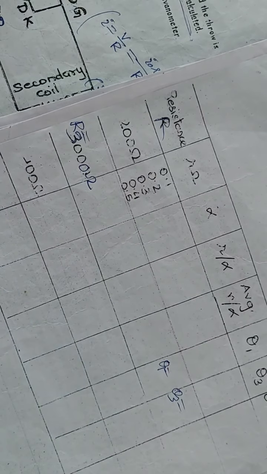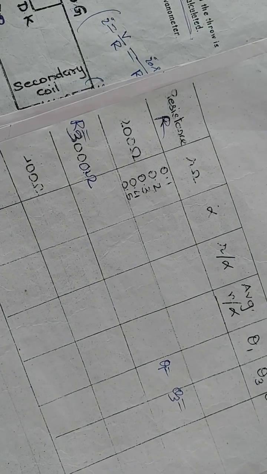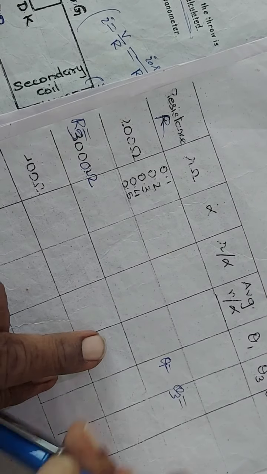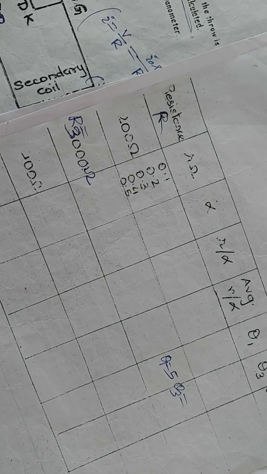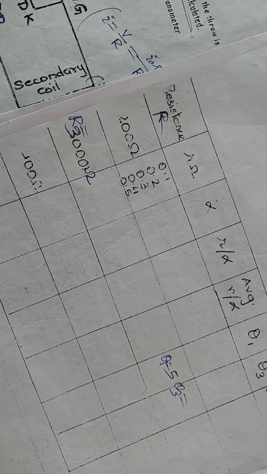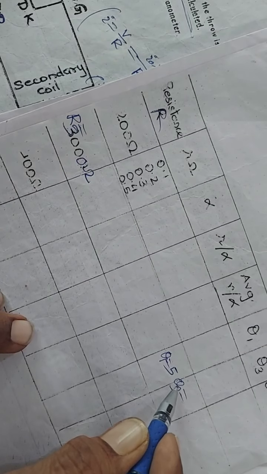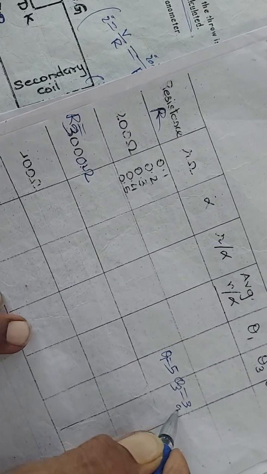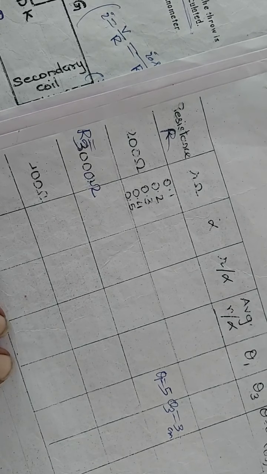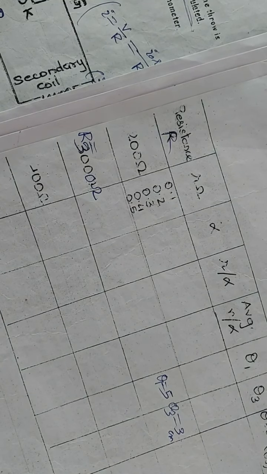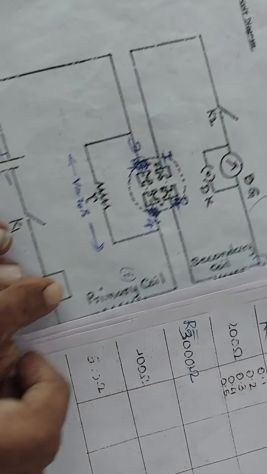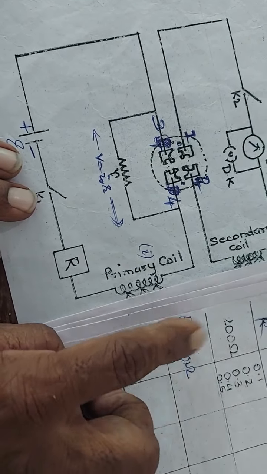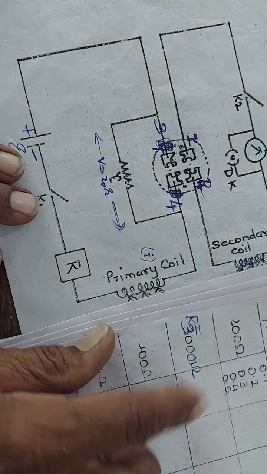So the first throw is called θ1. Suppose the first throw θ1 is 5 centimeter, for example, on the right hand side. Then your spot will move to the left side. Left side reading is not required to be taken. Again it will come on the right side, and the third throw will be 3 centimeter, for example. So this is by taking the value of controlling resistance R equal to 3000 ohm.